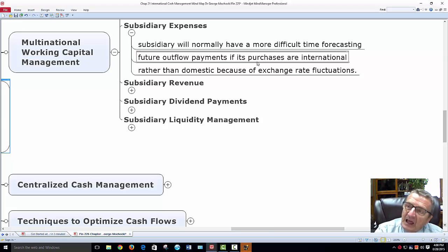They have a lot of bills, multiple bills. They have different currencies, depending on how global they are. And I'm expecting more than one subsidiary, so I have to be able to do that. So remember, that's just a strategy. And who controls it? Do I let the subsidiary do it, or do I want the parent company to do it? We're going to talk a little bit about central cash flow. Well, let's look at the subsidiary.